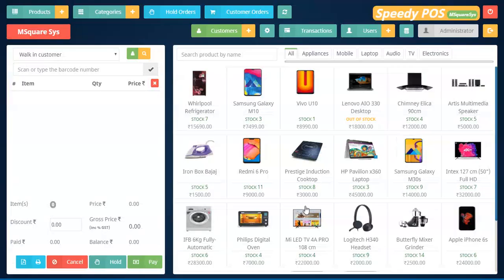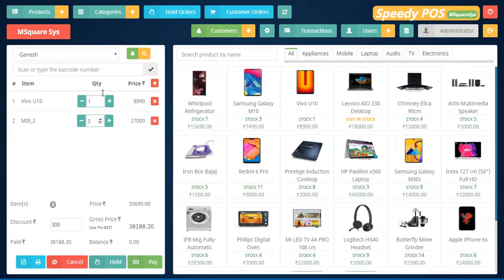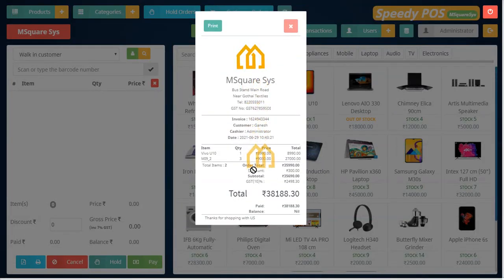And save the settings. Once you save the settings, next time onwards the print option will come in the way of roll. Now I will select the recently added Ganesh account, and now I again want to take the print. So again I am just going to confirm the amount. It will change the complete format in the way the roll print is wanted. So this is the way we are making the bill.